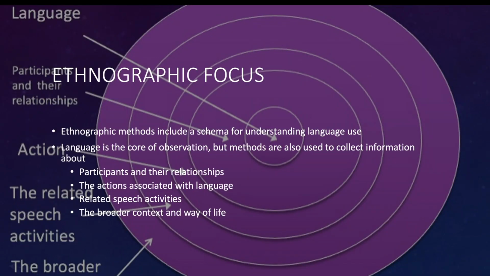If we think about the way that ethnography provides a certain kind of focus for linguistic anthropological research, there is a schema for how we understand language in this approach. So you can see this depicted here with language or speech, a statement, particular words, let's say, that are at the center, and you can see these concentric circles outwards to things like the participants and the relationships. So there are individuals that are communicating around those words.